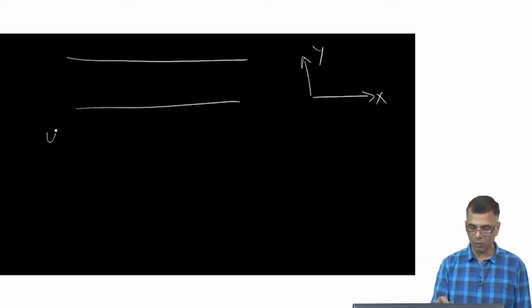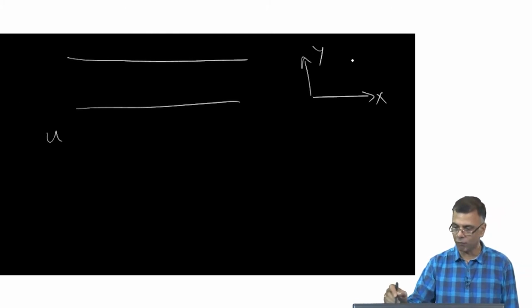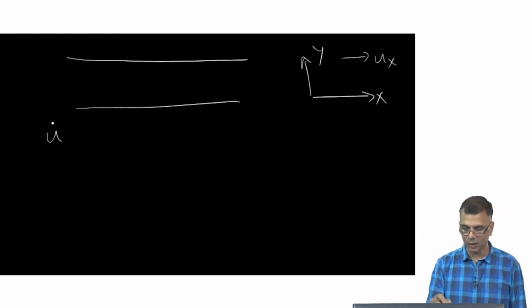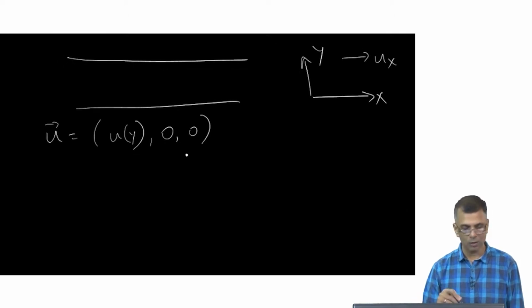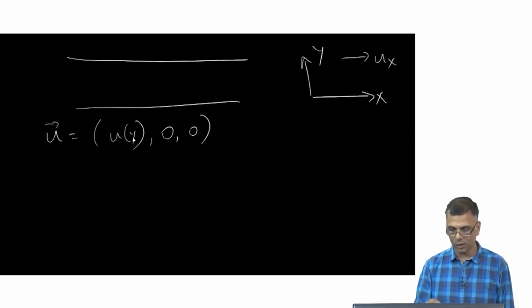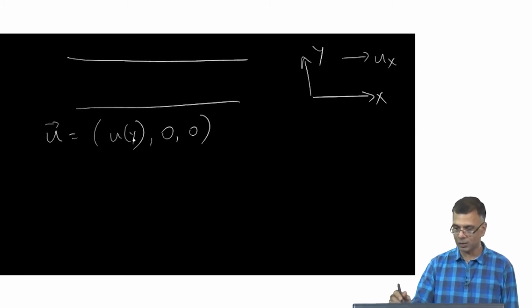So there's a gradient of Ux along y, which means that u is very simple. It becomes u as a function of y, 0, 0. So there's only a Ux, and that's a function of y, which means that obviously,